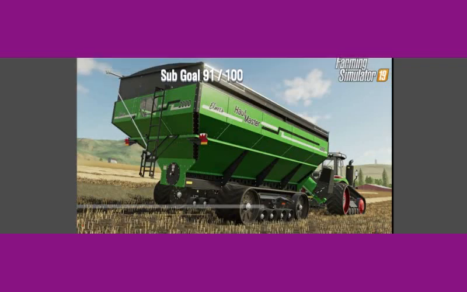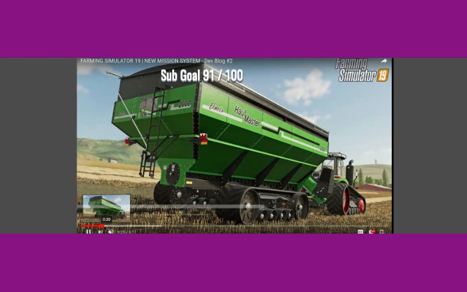to this second devblog. Today they are telling us all about the new mission control. You see they've got the Elmas Allmaster and a very interesting looking Fendt tractor on the front of it. So yeah, we will see what they have to say